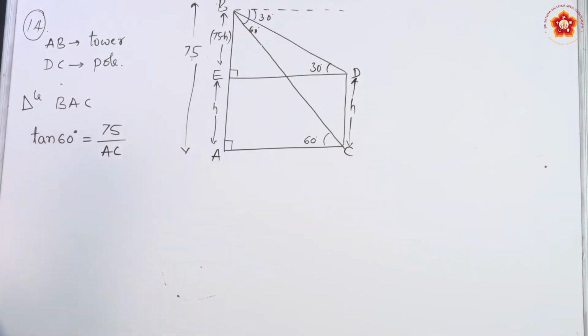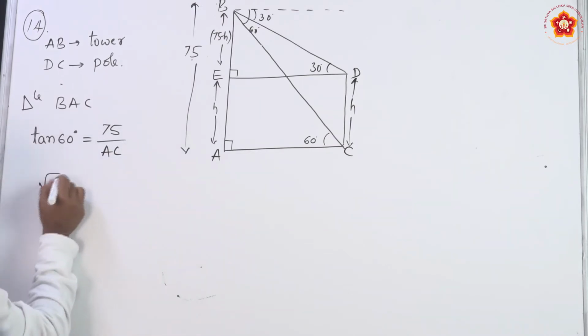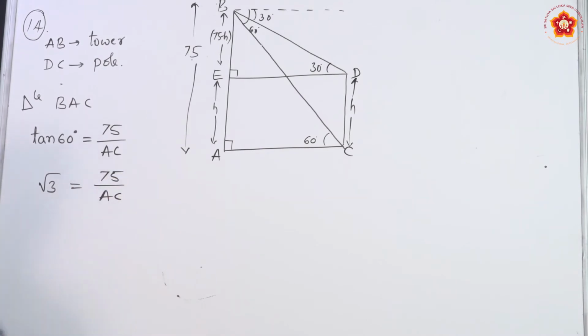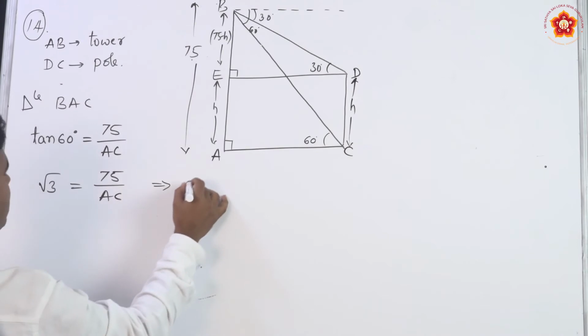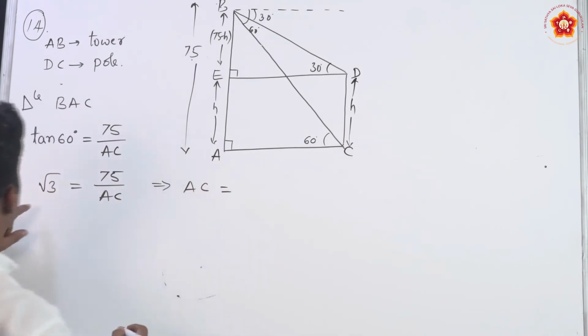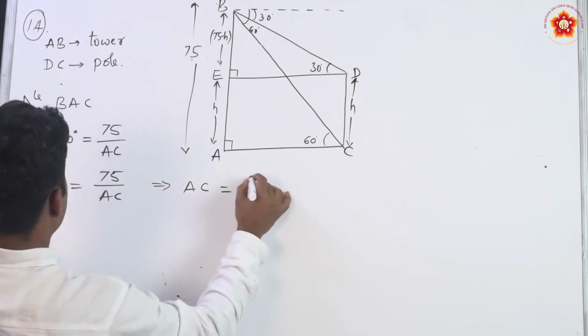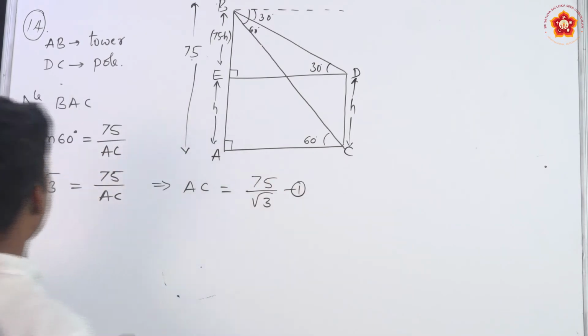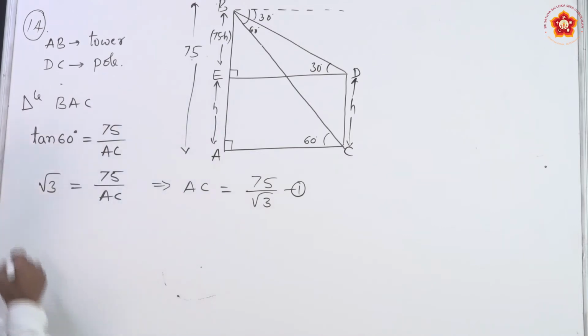Okay. So, here tan 60 degree is root 3 equal to 75 divided by AC. And what is AC? So, AC is 75 divided by root 3, I can call it as equation 1,